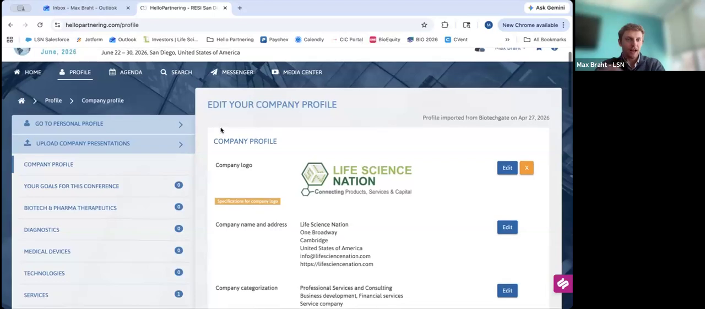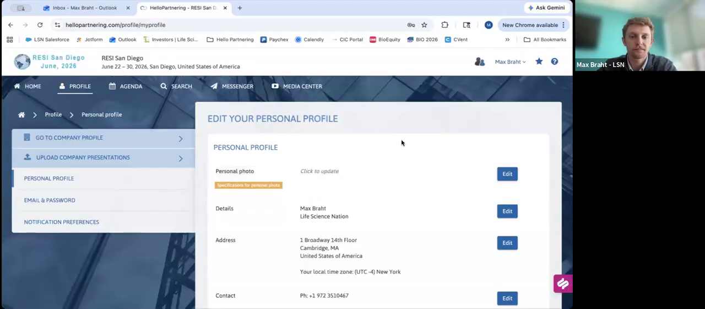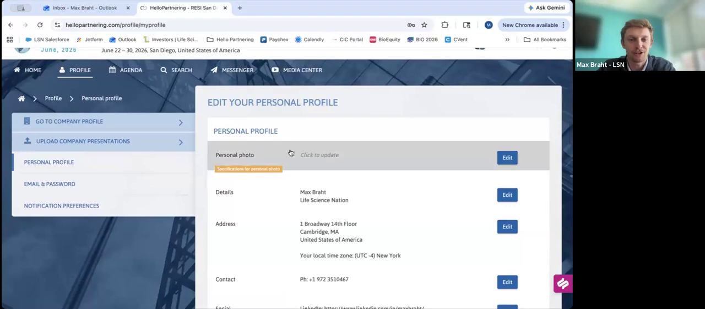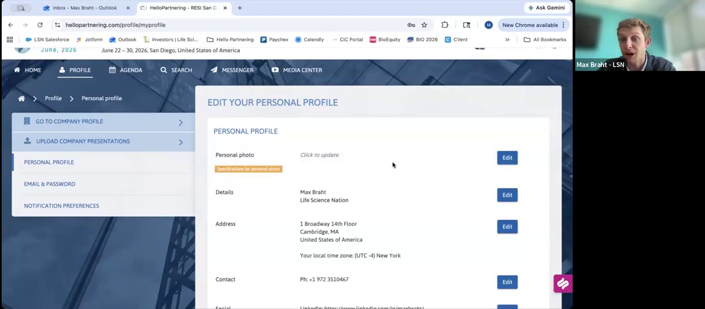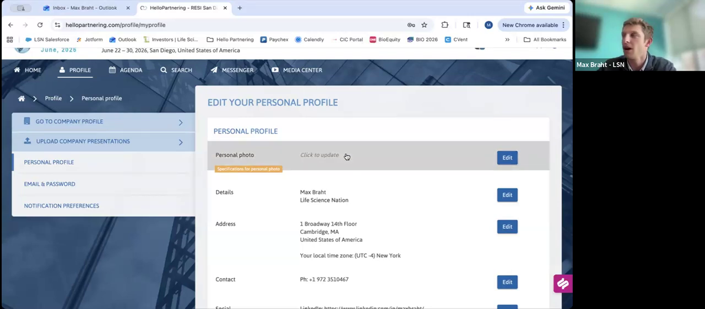The profile tab has a few different tabs. The first one is going to be the personal profile. This is pretty self-explanatory. You'll have the option here to add a headshot, which I have not done, but I need to. And I always recommend that you do add a headshot in,